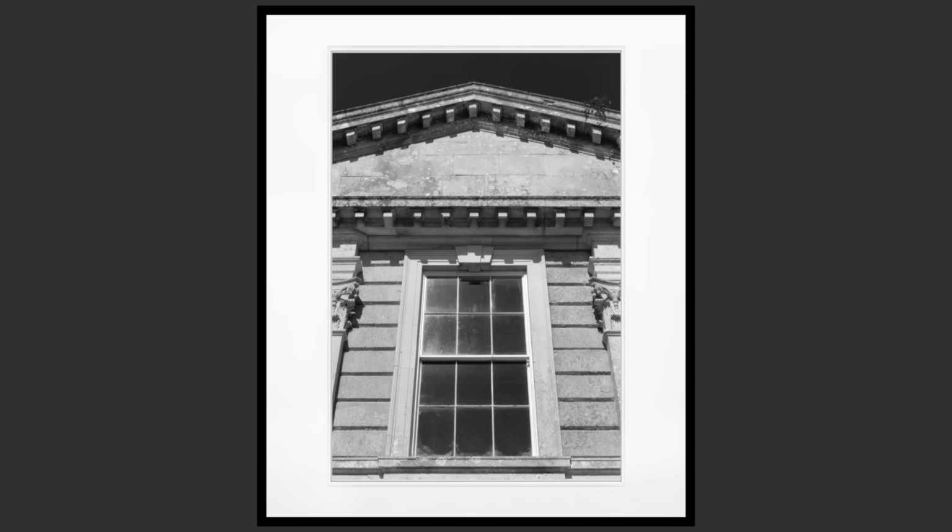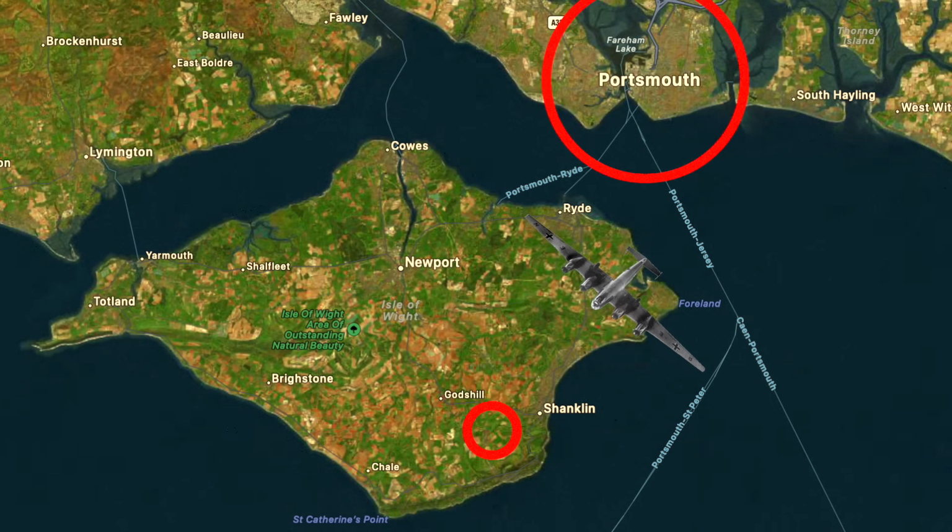And if you've never seen this place before, this is called Appuldurcombe House on the Isle of Wight. And legend has it, back in World War II, a German bomber came over and was going to drop some mines over Portsmouth, which is just over the water there, a big dockyard. And they had some engine trouble with their plane,